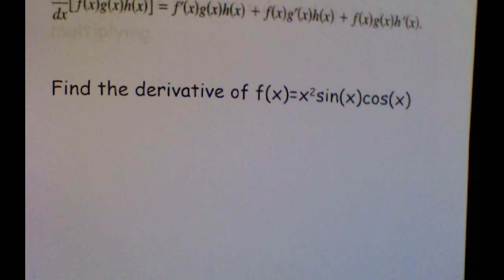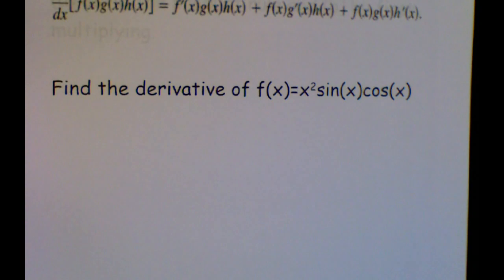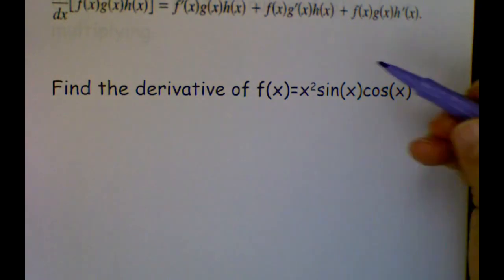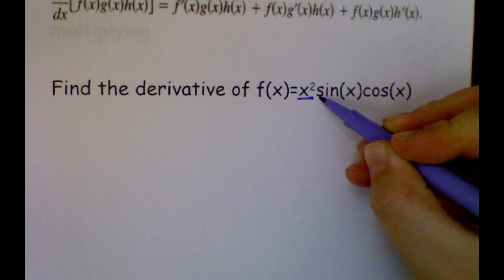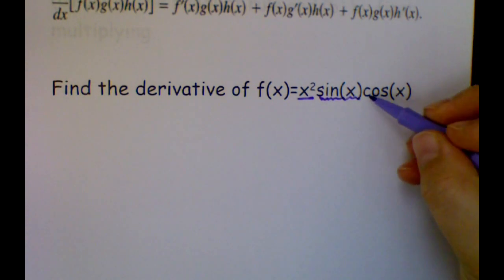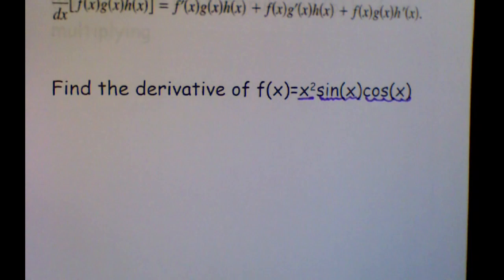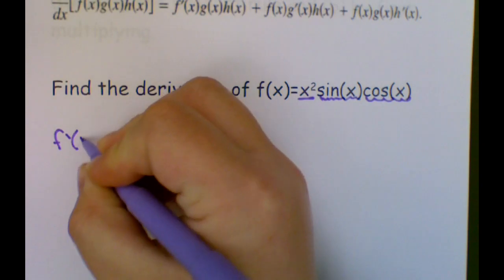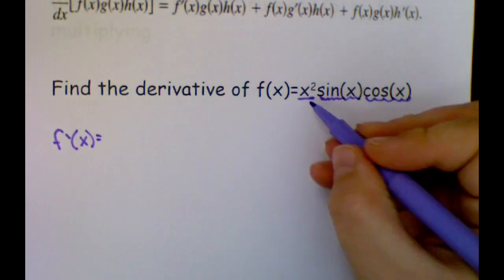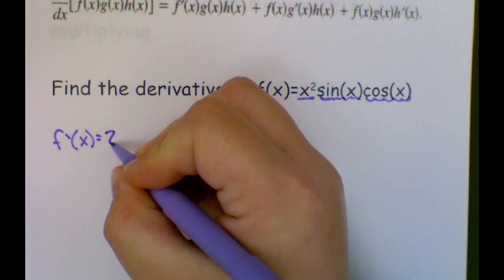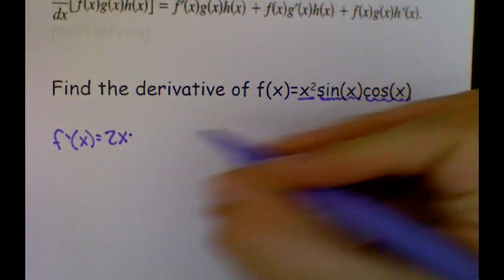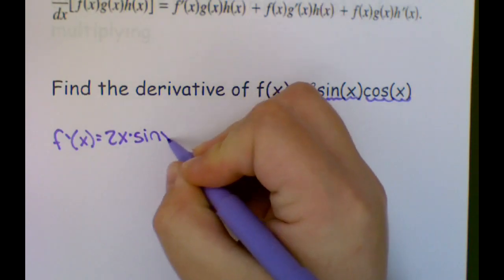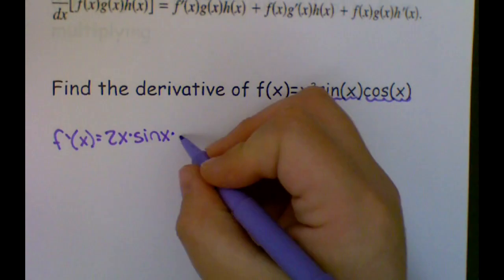So to find the derivative of x squared times sine of x times cosine of x, we're going to look at the three pieces that are multiplied together. We have x squared, we have sine of x, and we have cosine of x. So we start off with the derivative of the first. So to get our derivative, f prime of x, we take the derivative of x squared, which is 2x, times the second piece unchanged, so sine of x, times the third piece unchanged, cosine of x,